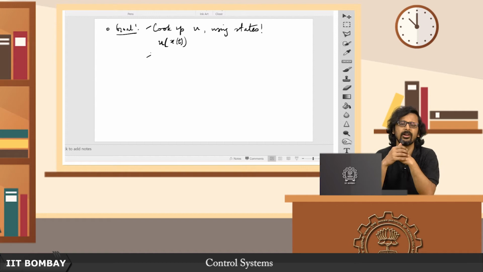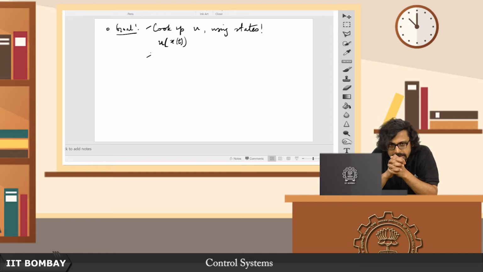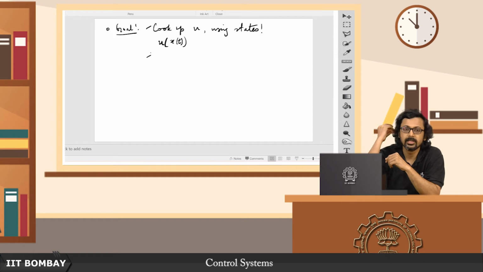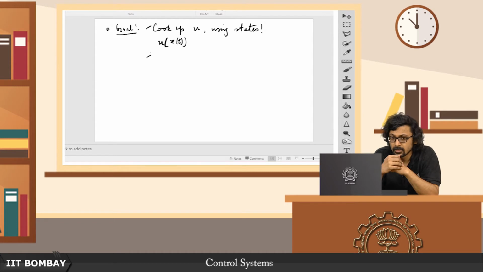This is the first thing. The second observation is we do not want it to be a very complicated function of the states, because we have so far only studied linear systems. Now if you pass on something like minus x cubed or minus tan hyperbolic x, and all such crazy functions that you can think of, it is not very helpful, because we do not know how to analyze them. Of course if you study nonlinear control you will learn how to analyze some of these systems, at least qualitatively if not quantitatively in every case. Maybe you have to resort to numerical methods, but anyway that is a digression.